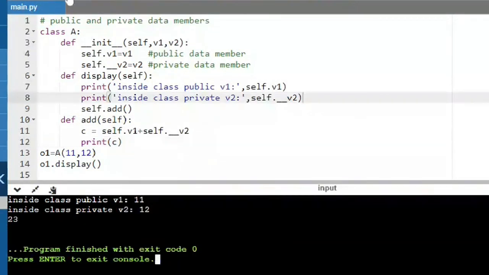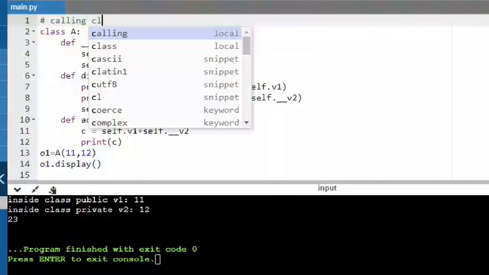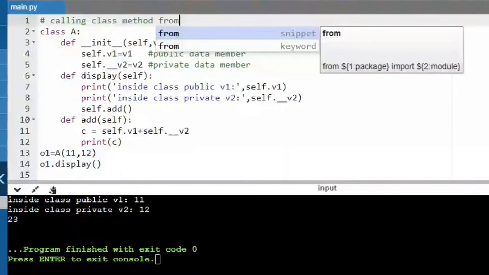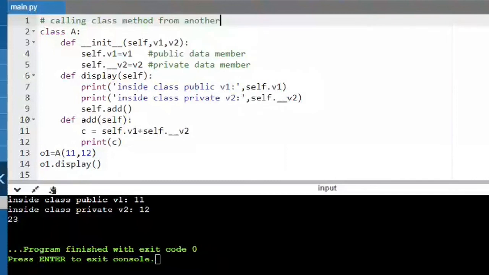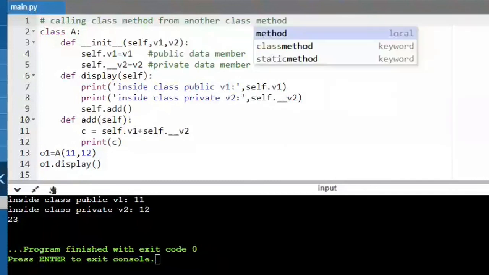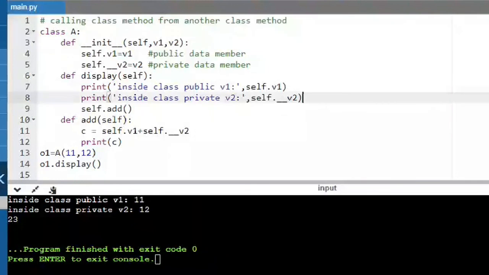Okay, ma'am, so you can see this. Inside one method, I'm calling another method. So I have made a call to the display method. So this is a concept wherein we call a class method from another class method. Okay, so making a call from within. Here there are two methods, the display method and the add method. So the display method is calling the add method. From within the class, you can also access the members. One member can access the other members.